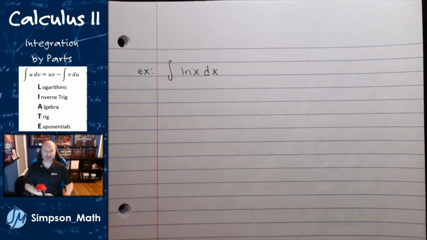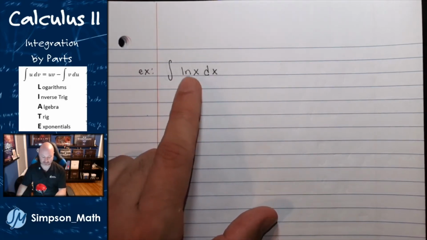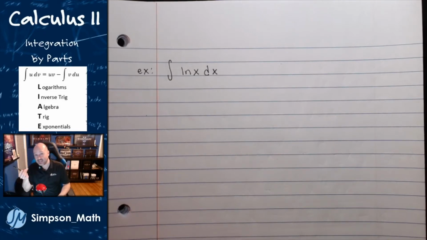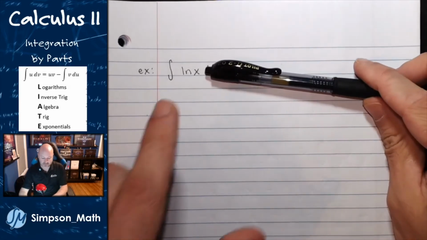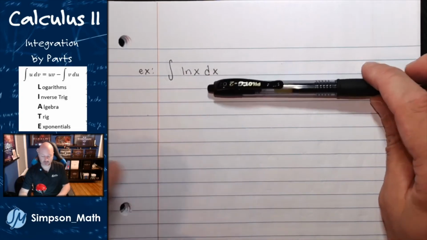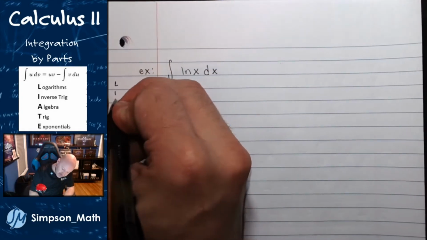Okay, well, I already see a big problem because I just said we're supposed to be doing products. I don't see a product. Let me think. I know the derivative of the natural log is 1/x, but I can't do that in reverse. That doesn't give me a natural log. Alright, well, I guess technically I can call that a product. This is the natural log of x times 1. So if I follow the LIATE,